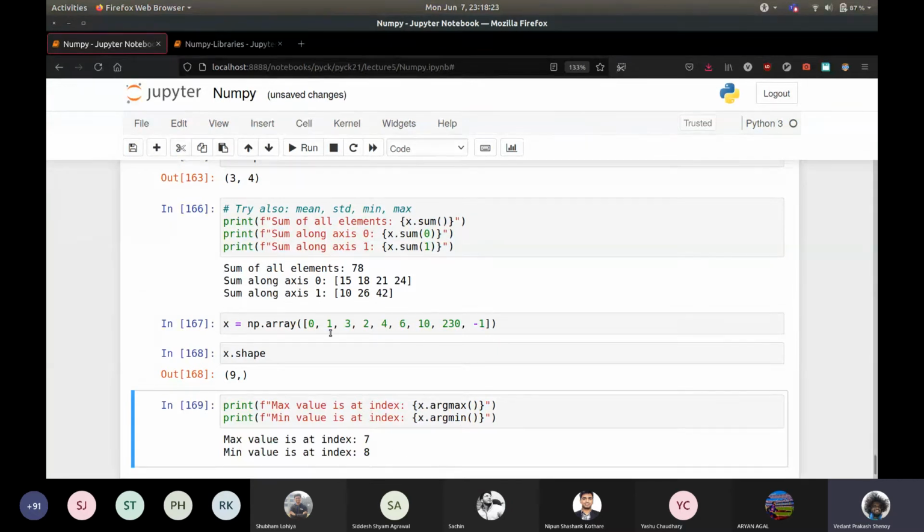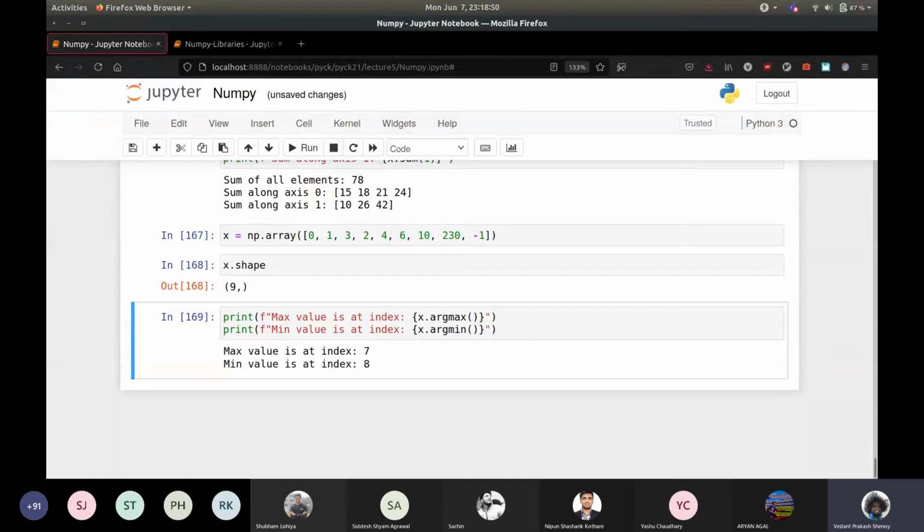Oh wait, I think I didn't count this properly. Anyways, 5 is missing here, so it's 7 and 8. Great. Obviously the size is 9, so you can't have an index 9, so it is 7 and 8. These are just a few things that are there. You can get a big list of all of these things in the NumPy reference.